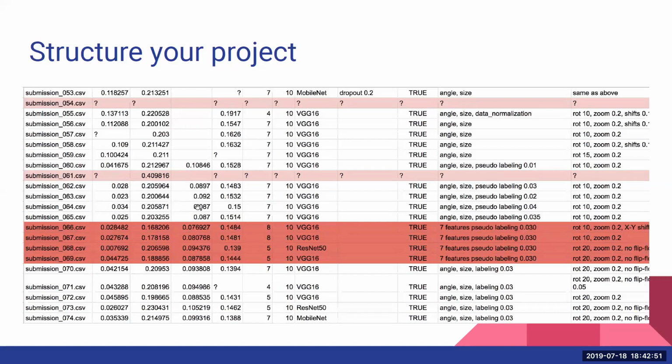And when it comes to the point when you need to make an ensemble of the solutions, you may take a look and decide which of them to include or to exclude. For example, here you can see some red submissions. That means those are broken, and I want to know which of them not to take into account eventually, so I just exclude it. But I still have it in the table, so I know exactly what I will not include.